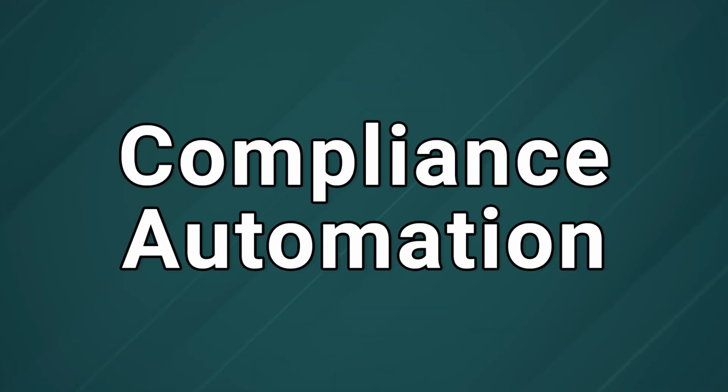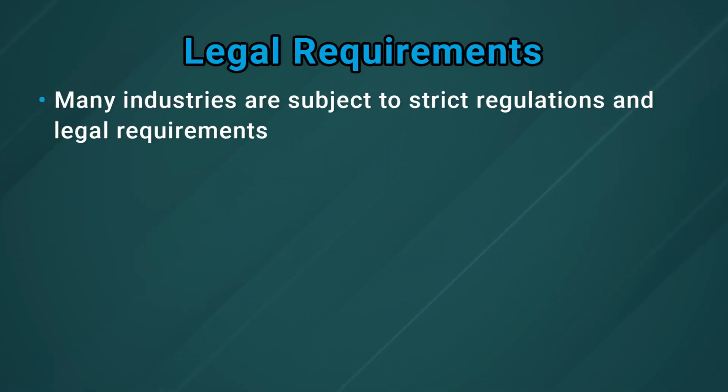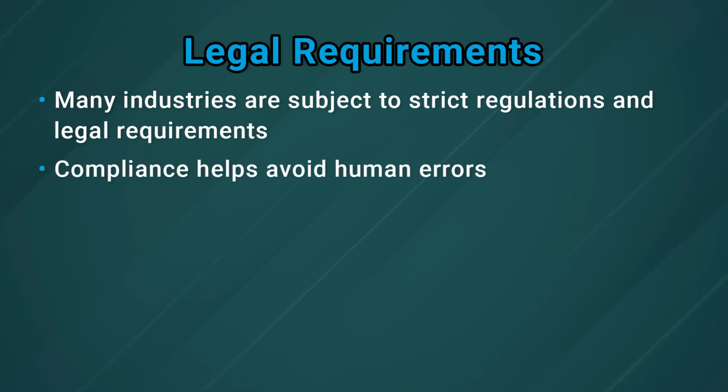Alright guys, let's talk about why compliance and compliance automation is important and why they play a crucial role in various industries. So the very first thing is legal requirements. Many industries are subject to strict regulations and legal requirements. Compliance ensures that organizations adhere to all these rules and avoid legal consequences. So if you automate your compliance, there is a good chance that the computer will take care of your compliance automatically, and you will not run into human errors like forgetting to report something,